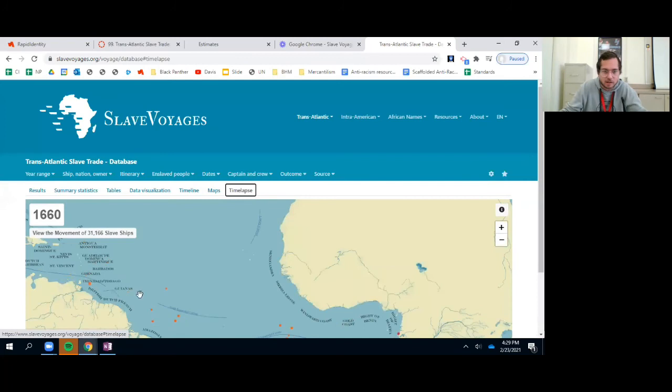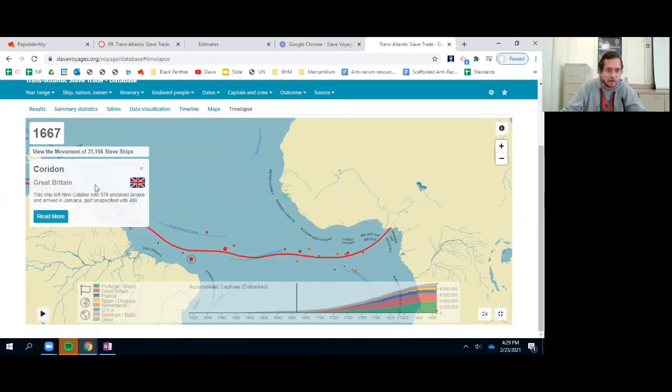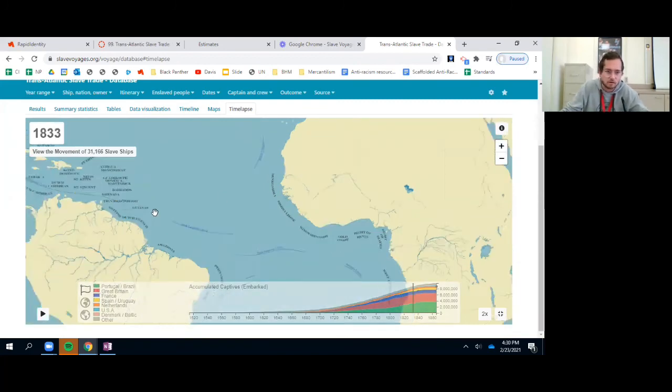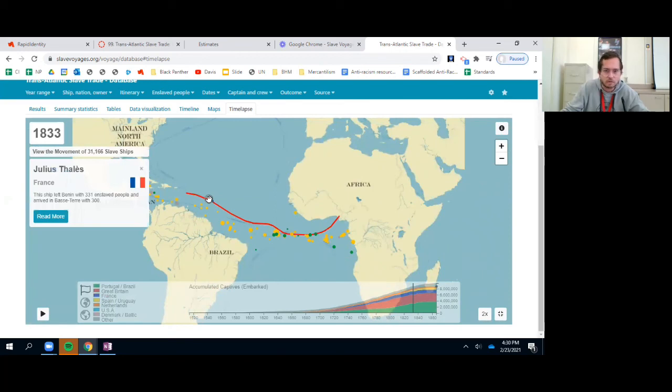Now, everyone's is going to be different at this point, right? It's just incredible, this time lapse. I mean, it's just crazy. You click on one, right? This voyage, the British, and you can look at this information and identify where they started, where they ended. It's just an incredible resource. Wow. Gets me every time I look at this. Anyways, all right, here we go.